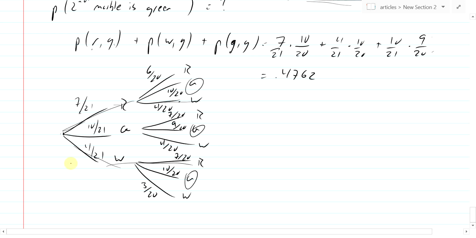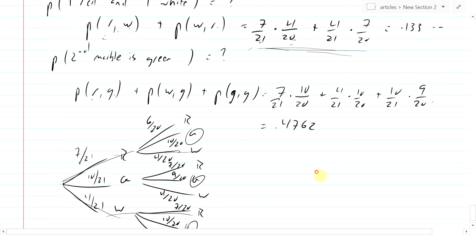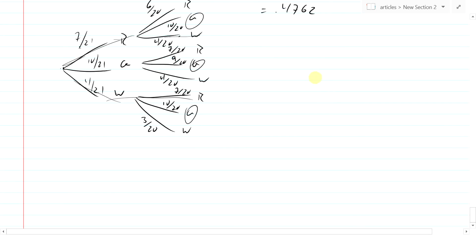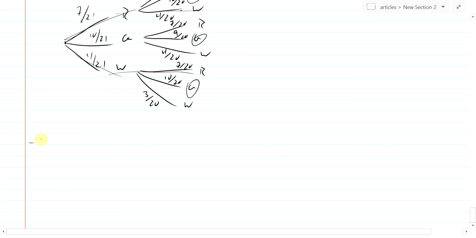So the more options you have, the bigger the tree diagram. And so it's useful sometimes to be able to think about what the outcomes of the tree diagram would be without actually drawing the whole tree diagram. And lastly,